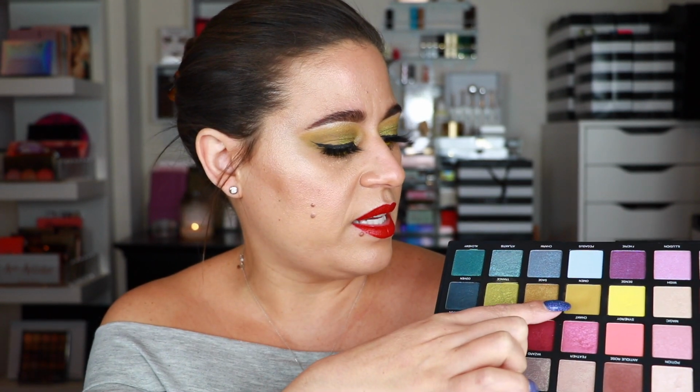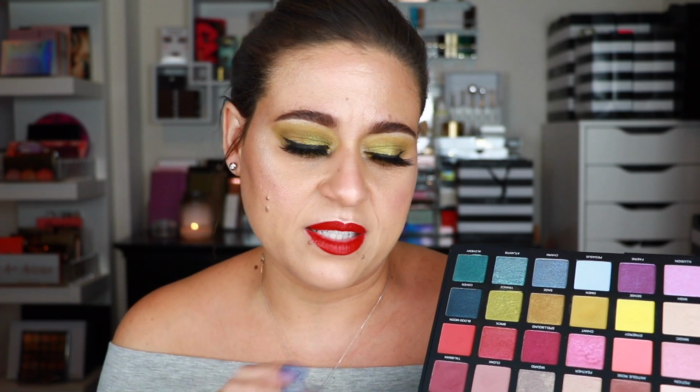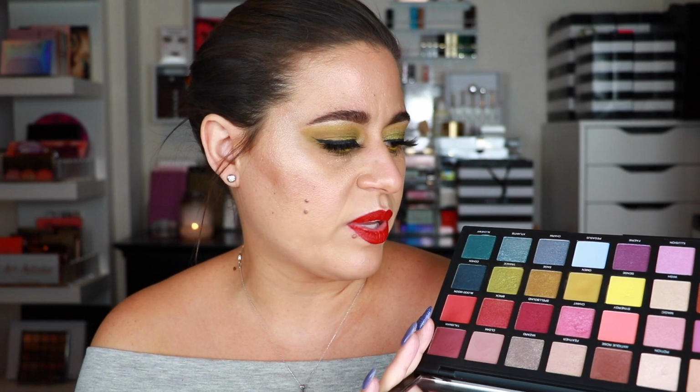with this palette. I did try to layer, for instance, the shade Omen with the shade Talisman, which is the only darker shade option that is matte, and I realized that the matte shades do not layer over one another very well. The second shade that you apply almost immediately falls off as soon as you try to blend. So that's one definite negative point with the palette, and that's something that I realized when I started trying to